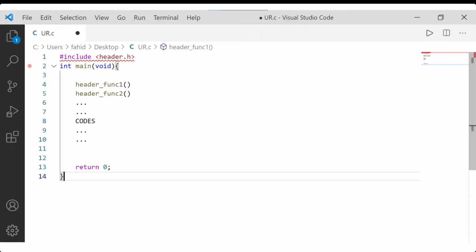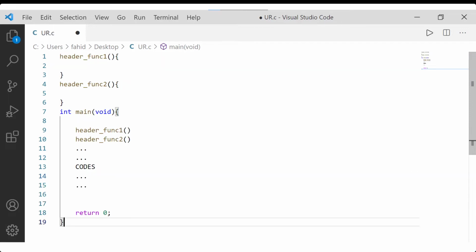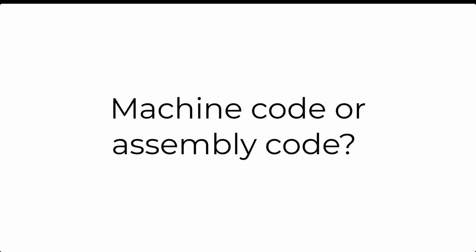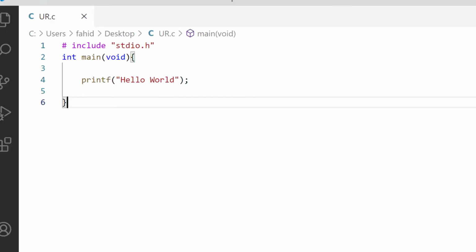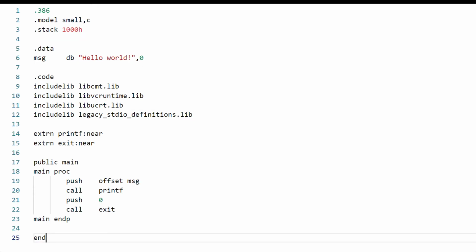Fact 7. Header files and compilers. I bet you didn't know the compiler actually doesn't know any header file. The preprocessor processes this and expands the source code instead. Fact 5. Here is one of the facts about the C compiler. You may ask yourself, does the C compiler generate machine language code? The answer is no. Instead, the C compiler generates assembly code, and the assembler then generates the machine language code.